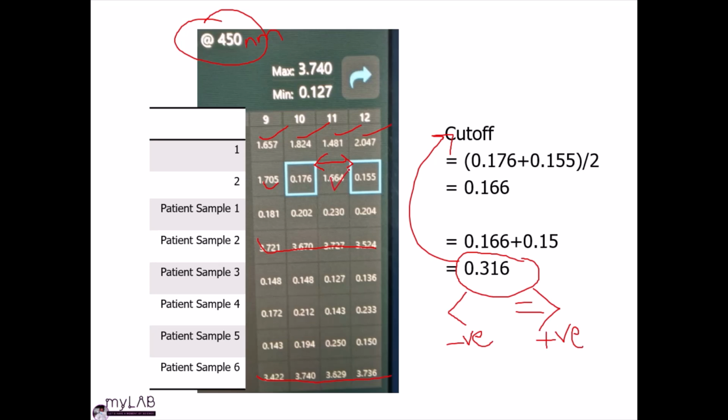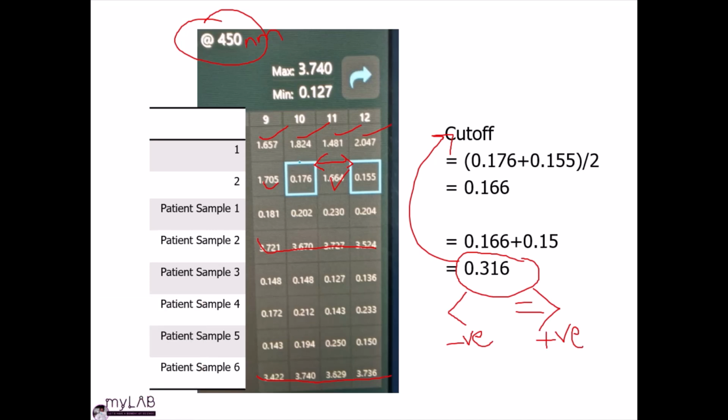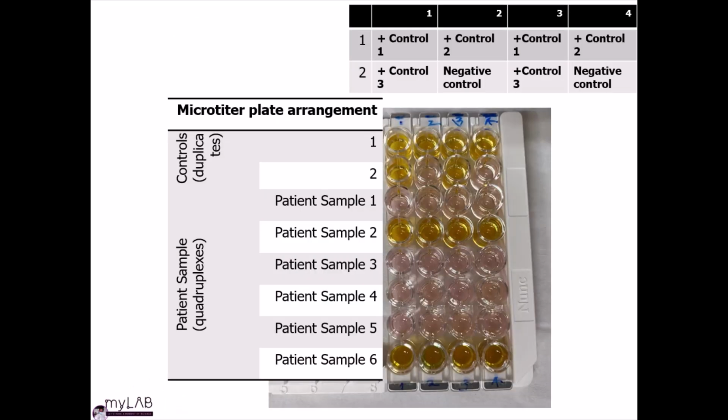So all those are positive, and our negatives are, of course, the negative controls, then sample 1, patient sample 3, sample 4, sample 5. And that can be confirmed with what we already saw in our previous results here, that all these are negatives,